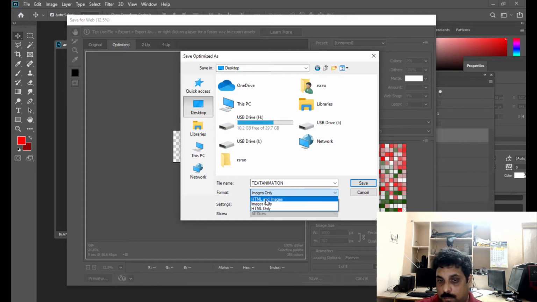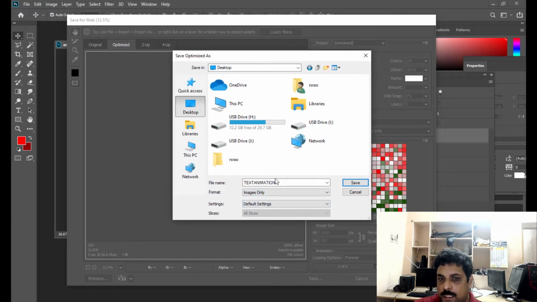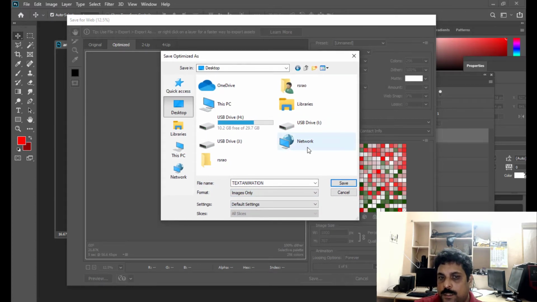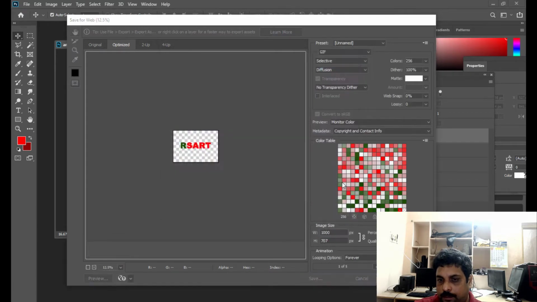If you want to output for websites, or give the file to a web designer, you can choose HTML and images or HTML only. But if you just want to use it as a simple GIF animation, you can select images only. And with these settings and options, we can simply say save.